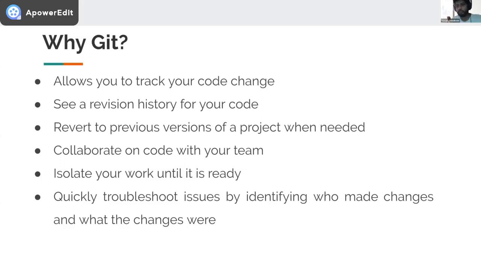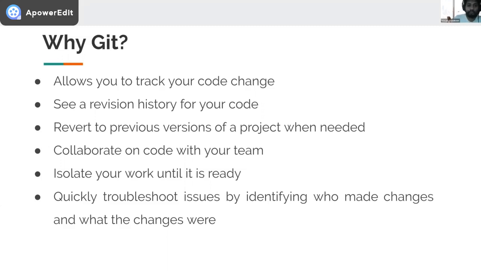You can easily revert to a previous version as well, because every commit is denoted by a unique ID. If you know the unique ID, then you can travel back to that specific location of the code. And obviously you can collaborate on code with your team. You can make it a collaborative software. You will understand that it's a collaborative effort anyway. So this tool allows you to efficiently and effectively work on a repository as a team.